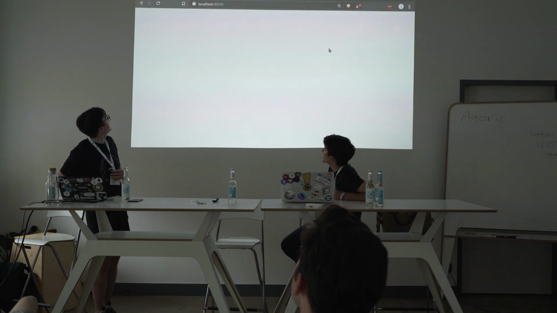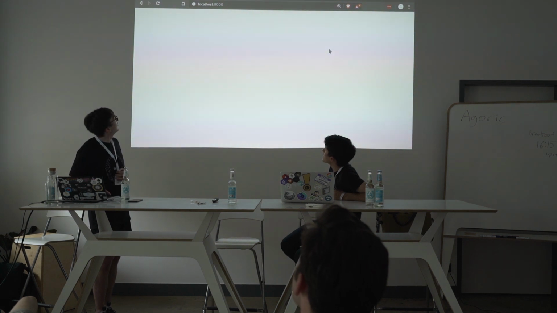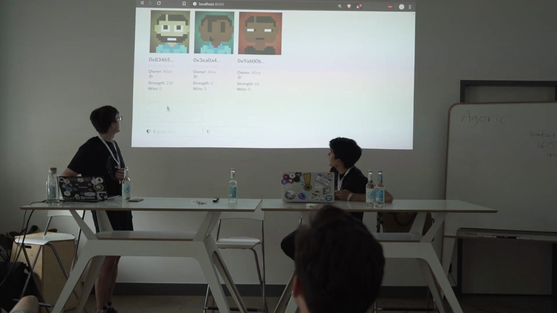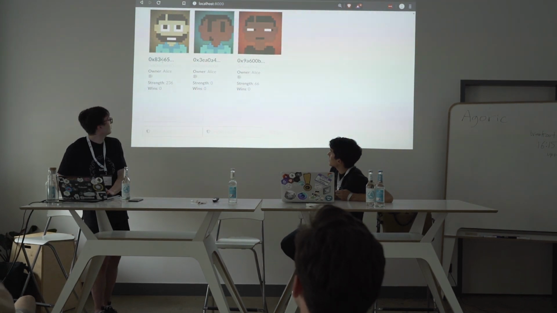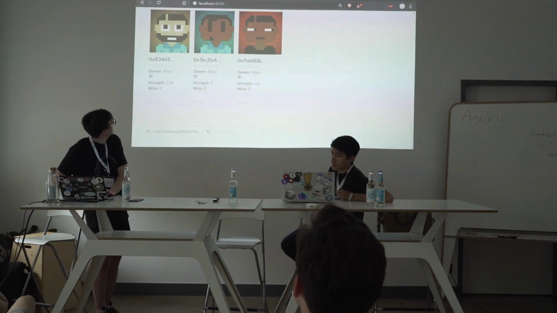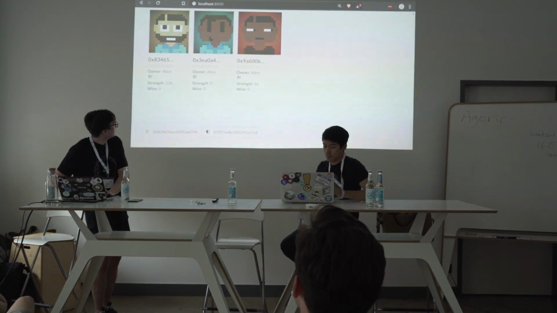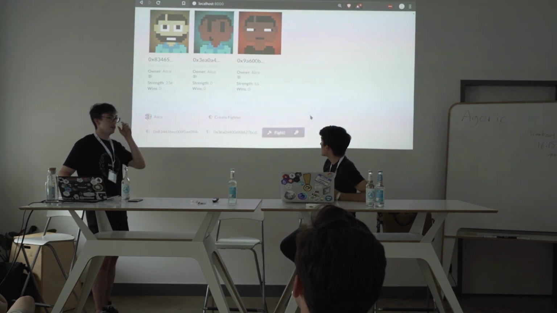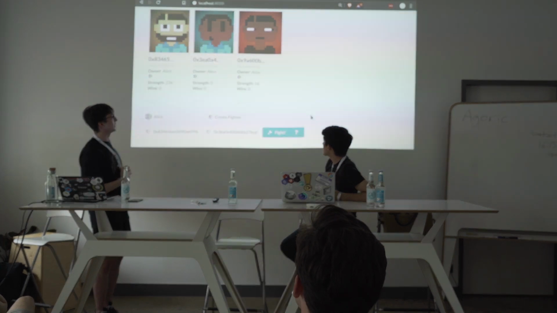Refresh the page. Look at the console. Okay, now all the fighters have wins, and the UI is showing the new fight function. So I just take 2 of the IDs from fighters, sending this from Alice. Click fight, and now it's using the new fight function that I just implemented. And once that gets mined,